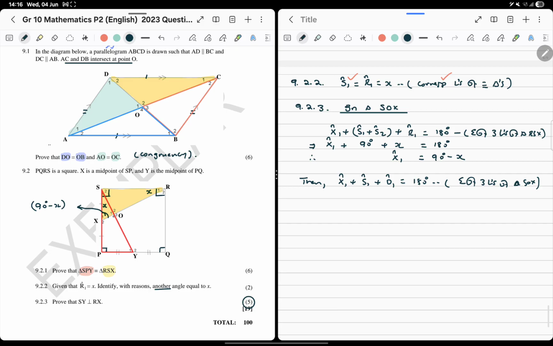But the topic usually, if we don't say something else, it means we are relating everything to it. This implies x1 is 90 degrees minus x plus S1, we saw above, this is x, plus O1 is equal to 180 degrees. This implies that